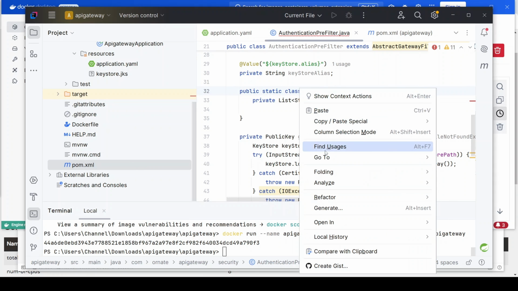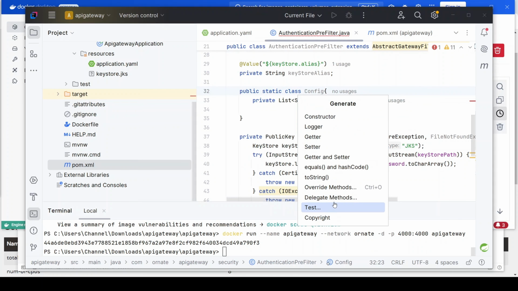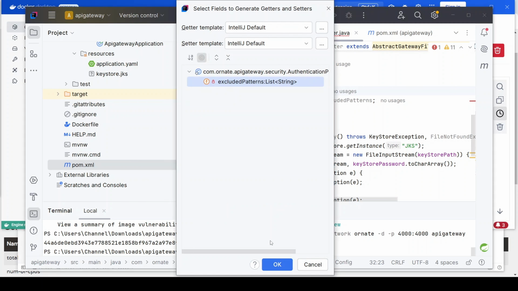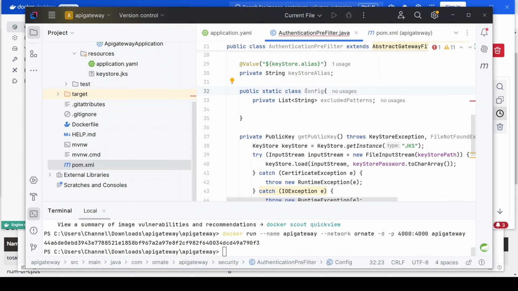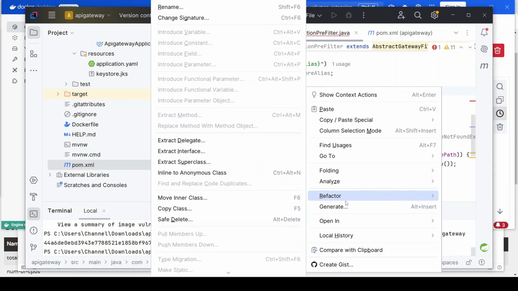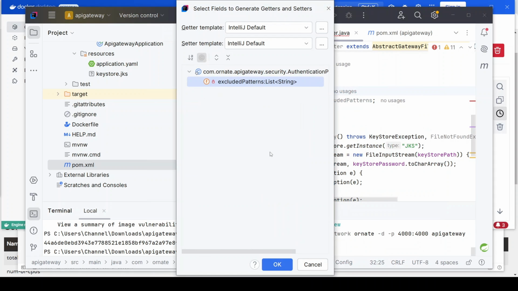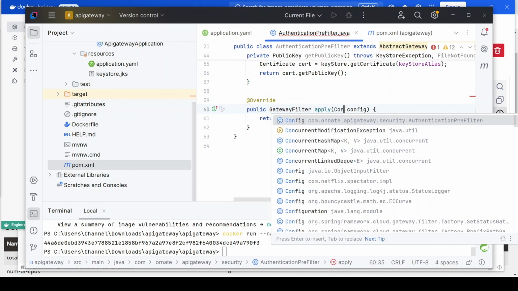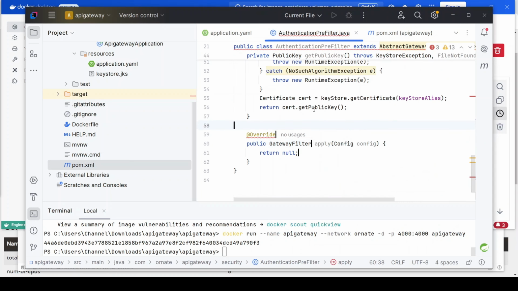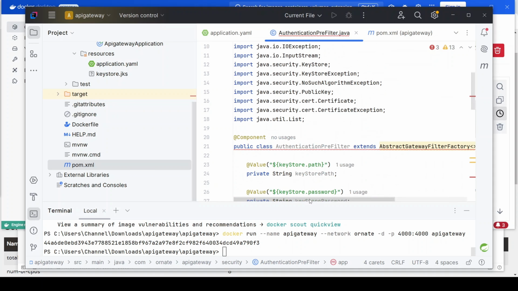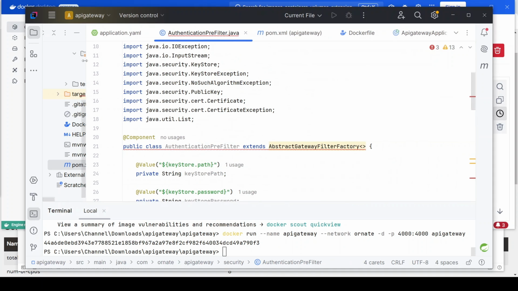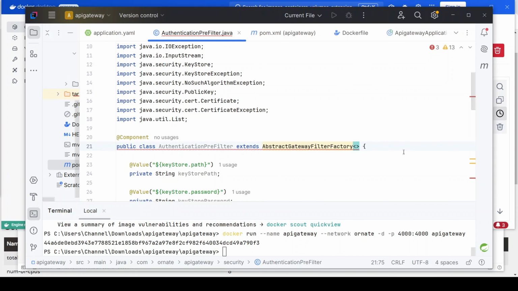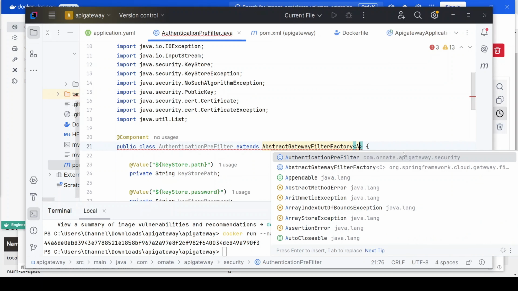Now let's create a getter and a setter. Good. So from the implemented method, we can change this to our config and then go back to the top here